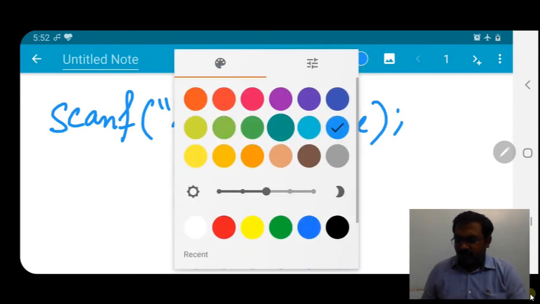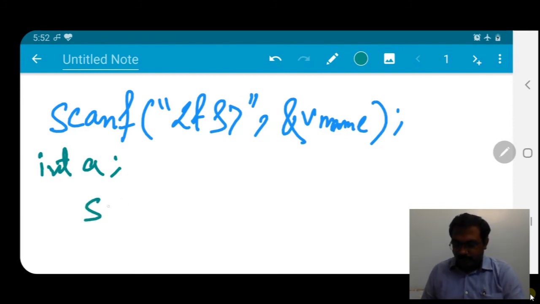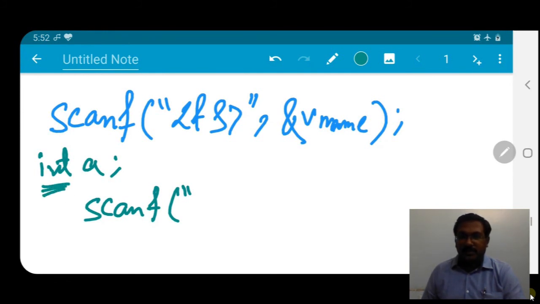So let us write an example. If we have int a, we have one integer variable named a. So if we want to give some value or store some value within a, we have to write scanf, bracket start. As it is an integer value, for integer we have the format specifier %d.